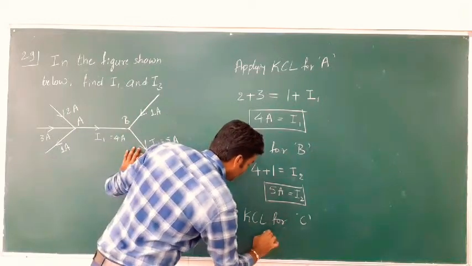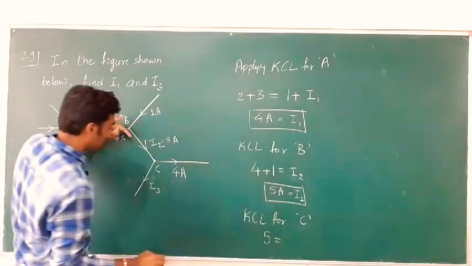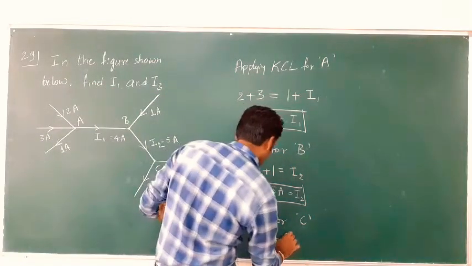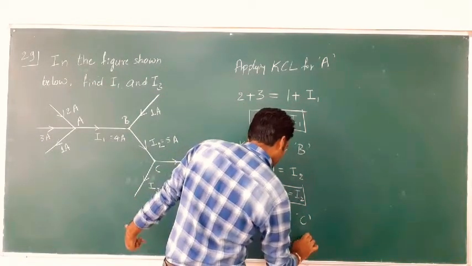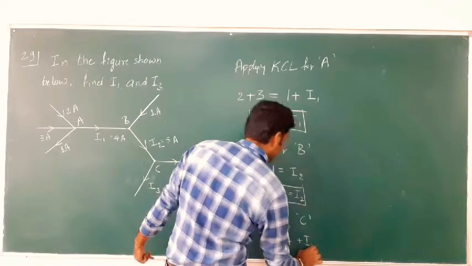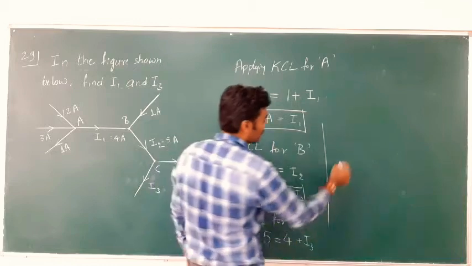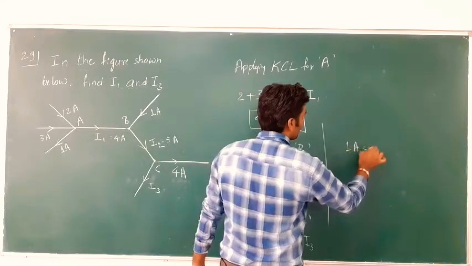So, 5 is equal to the current which is leaving the circuit, 4 plus I3, and hence 4 comes here, 5 minus 4 is 1. 1 ampere is the value of